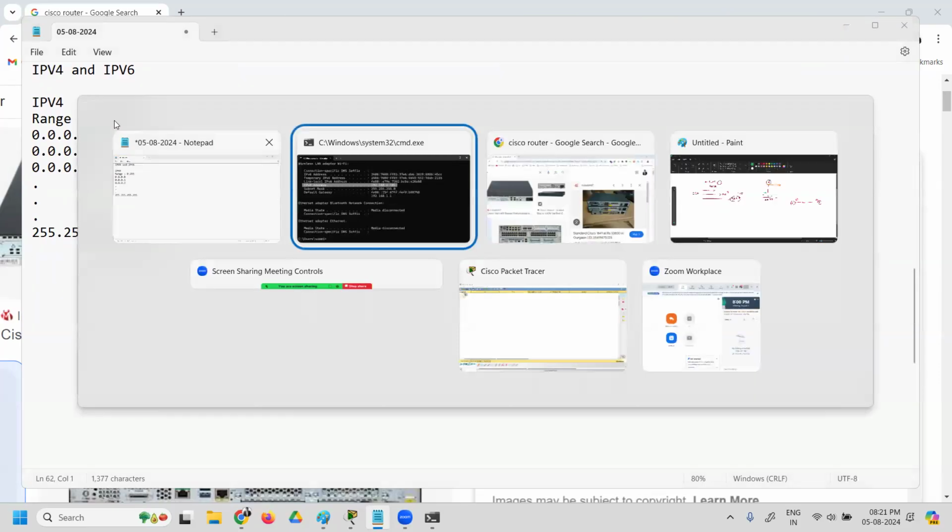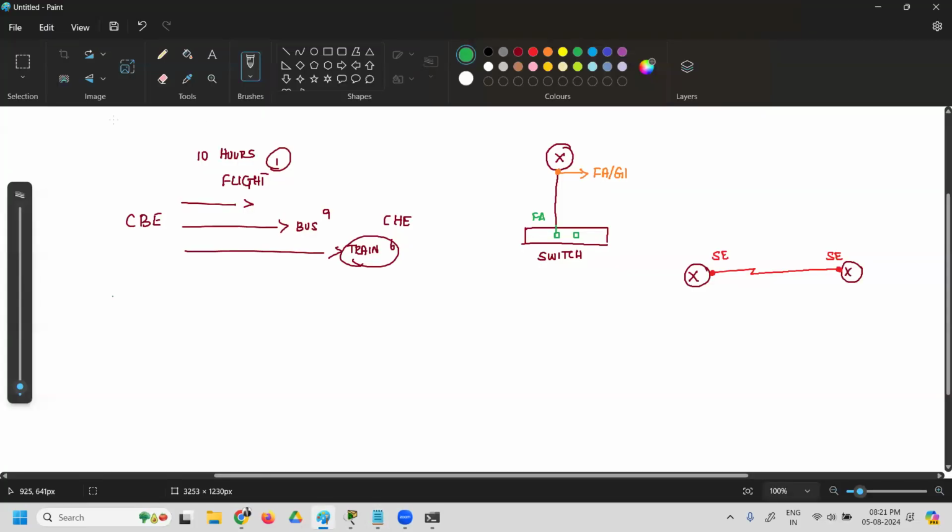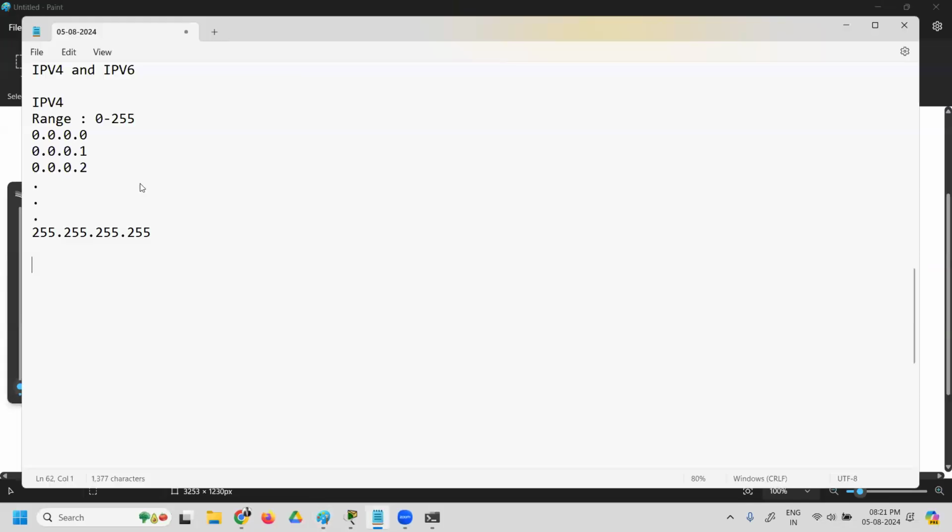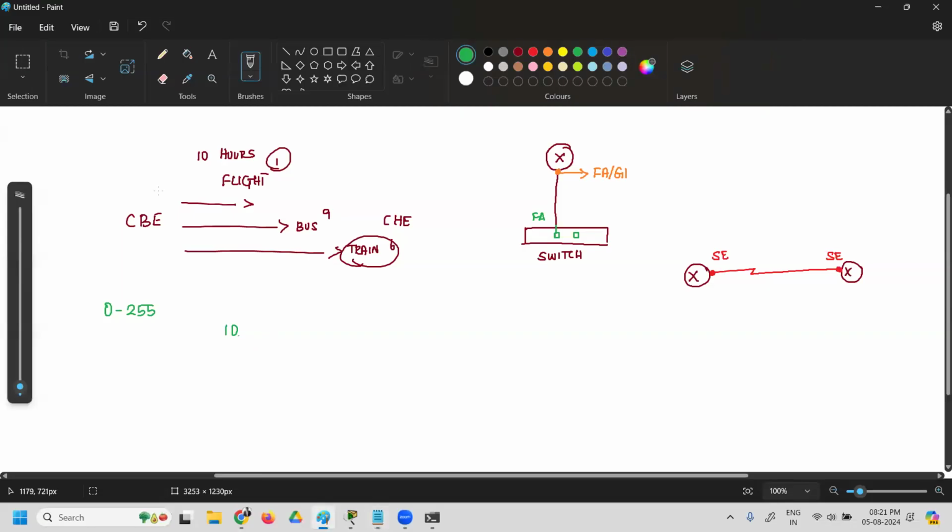Now take any number from 0 to 255. Let's assume we take the number 10. What would be the first IP of this particular range? Any number between 0 and 255 is a range, right? So the first IP of this number would be 10.0.0.0, and the last IP of this range would be 10.255.255.255.